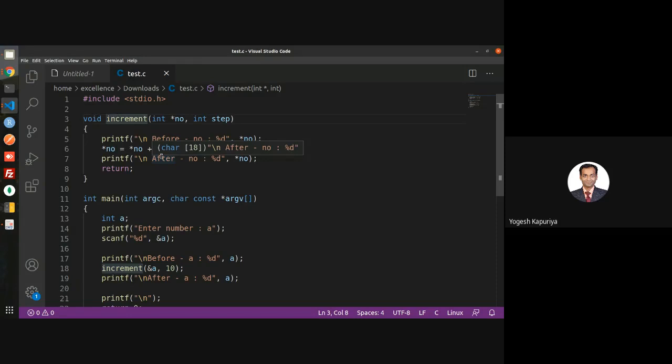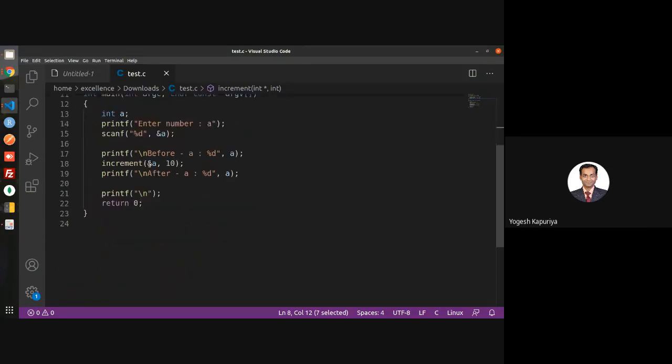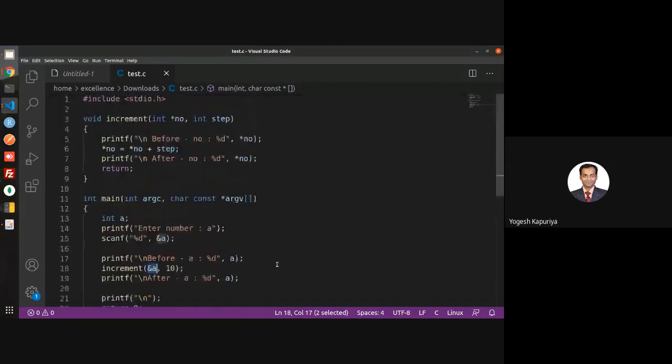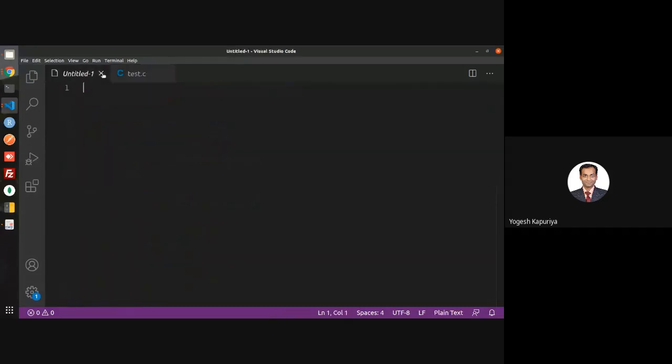So the best example of divide and conquer, the dynamic memory allocation is whenever you are actually, not dynamic memory allocation, but call by reference. So whenever you are playing with multiple variables inside the function and you don't want to return that value, because you can't return multiple values from a function in C, the better technique is you pass the reference instead of passing the value. So I hope this concept is clear.